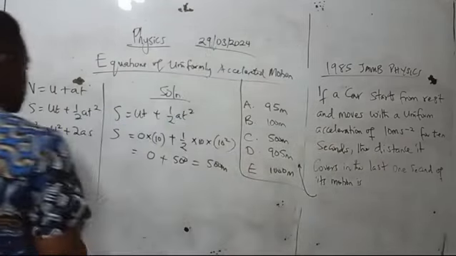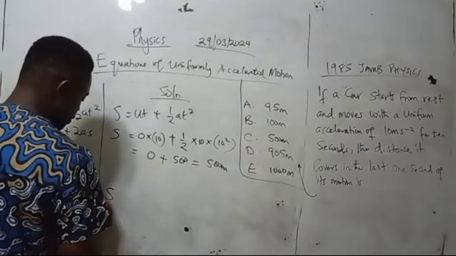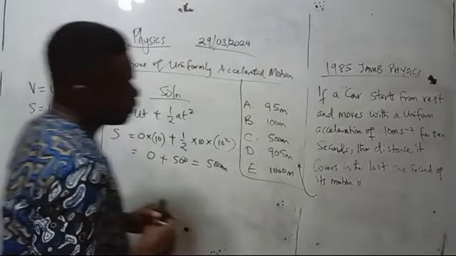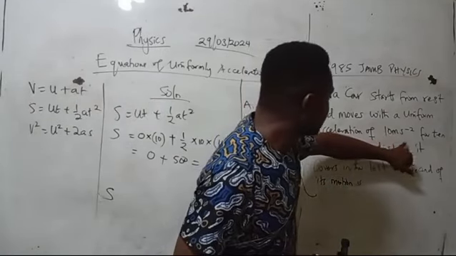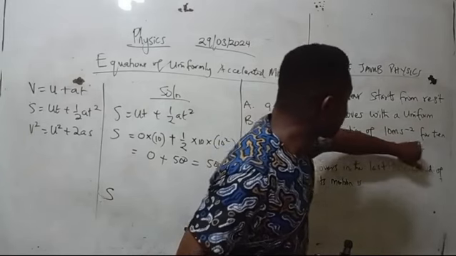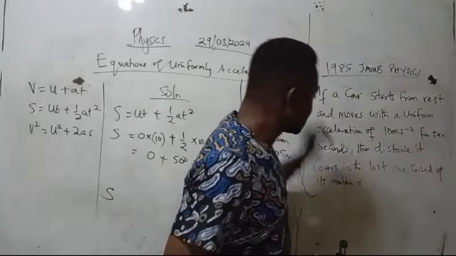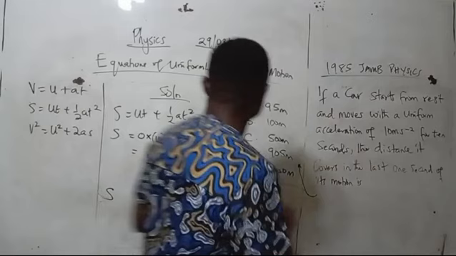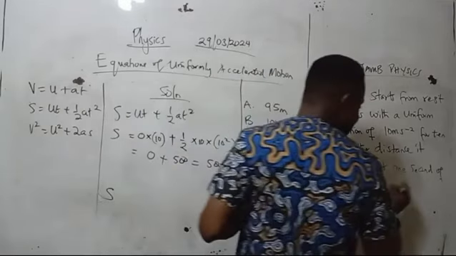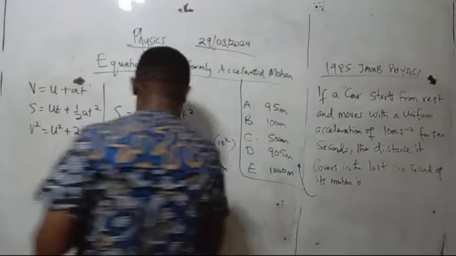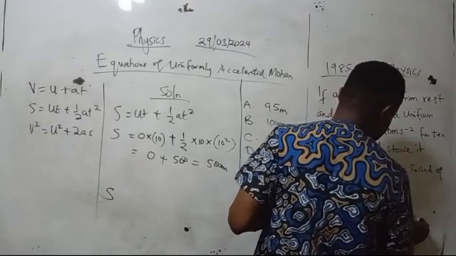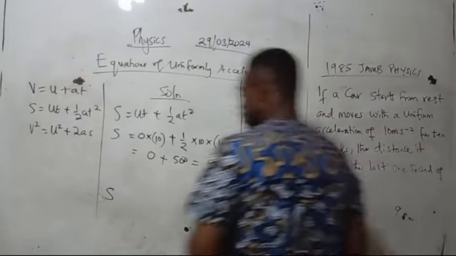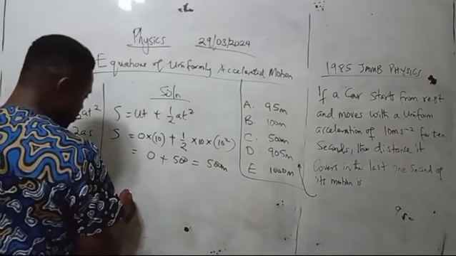Now, it accelerated uniformly at 10 meters per second squared for 10 seconds. Then we are calculating the distance it covers in the last 1 second. This 10 here minus this 1 second gives us 9 seconds, already covered. So if you use distance at 9 seconds, we have